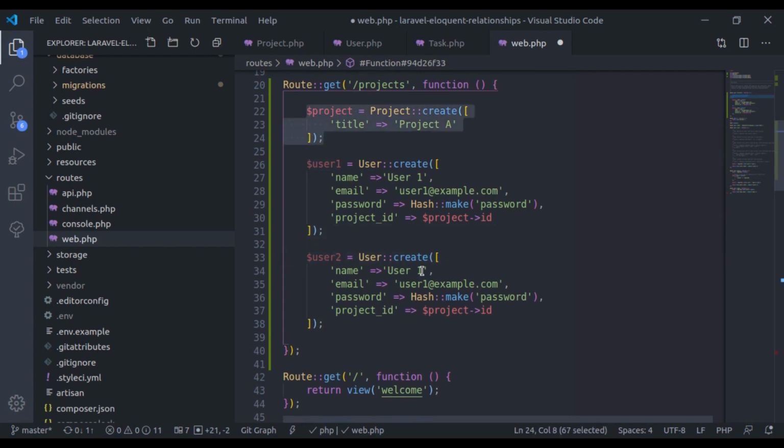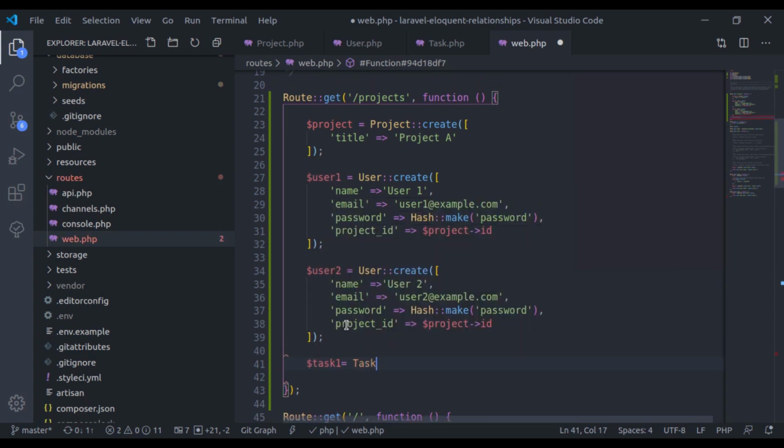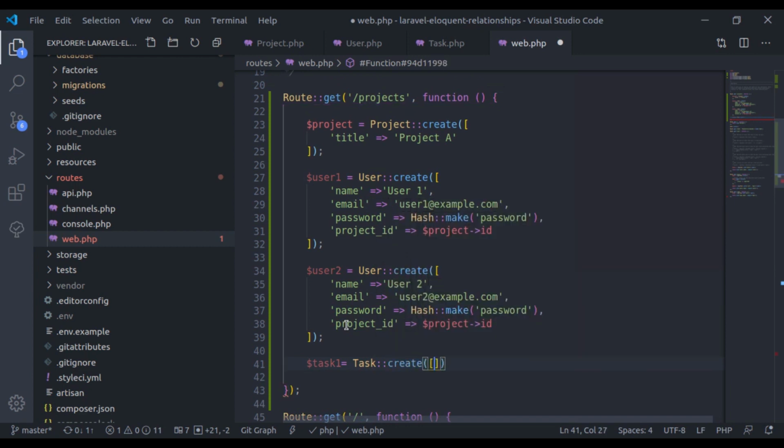So here $user2 is equal to User create, user 2. Next I'll create some tasks for these users. $task1 is Task model create, title.